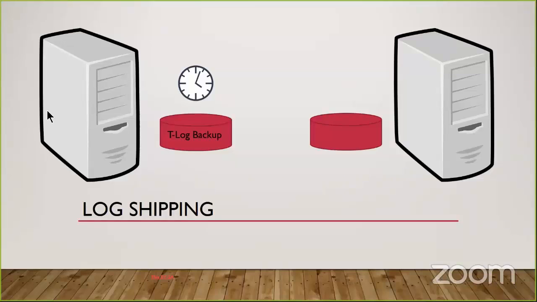So we would create a schedule, maybe every hour, every half hour, twice a day, whatever you wanted to. At those times, the transaction log would be backed up and that file would be copied across the network to the other server, which would then restore the transaction log backup. So we always had a standby machine. However, this second server was always in restoring mode. In other words, it couldn't respond to any user requests,